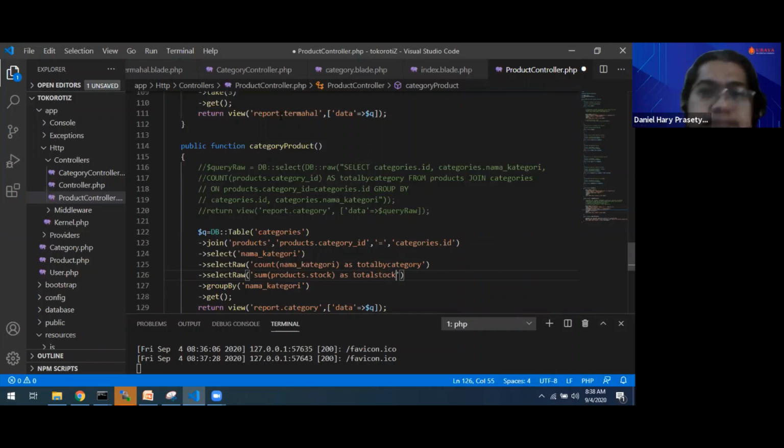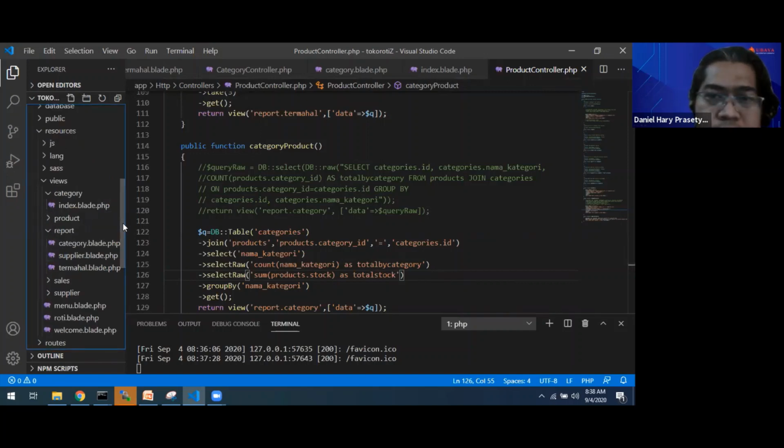This one. And we create a column, we add a column for showing the total stock.